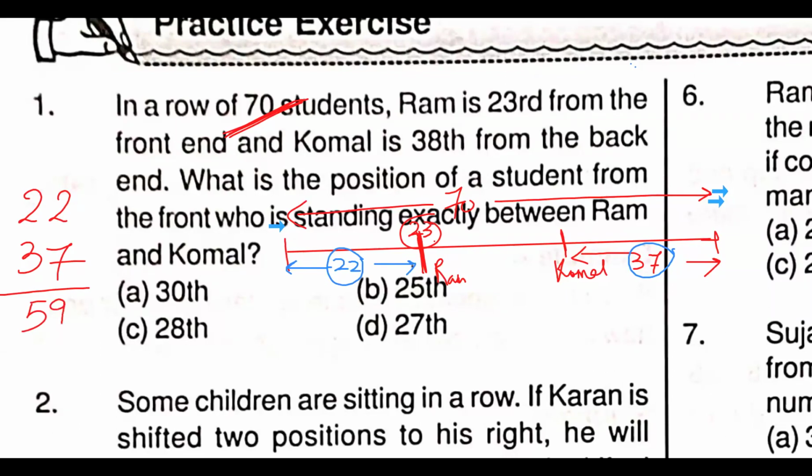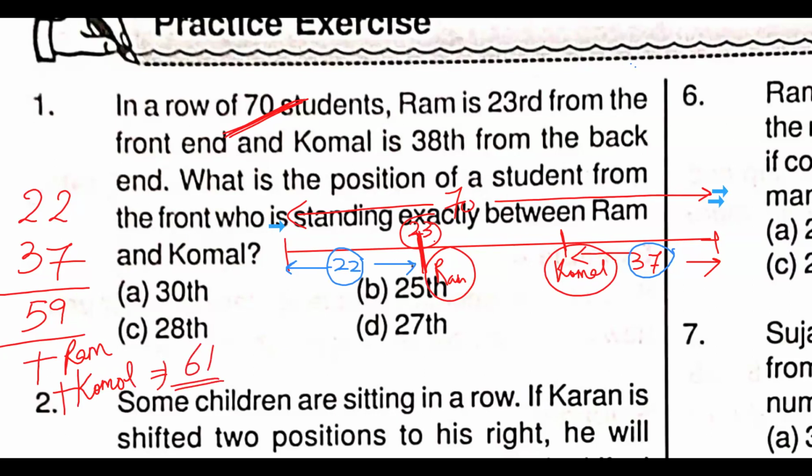So that means 59 total so far, okay? Then in 59 we have not included Ram and Komal, isn't it? We have just added the persons who are sitting to the left of Ram and persons who are sitting to the right of Komal, 22 and 37. We have not yet included Ram and Komal, isn't it? So, ma'am, if we include them, the answer will be 61. Yes, if we add Ram's position and Komal's position, it will be 61,